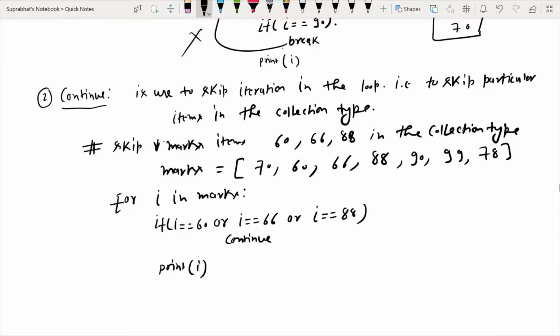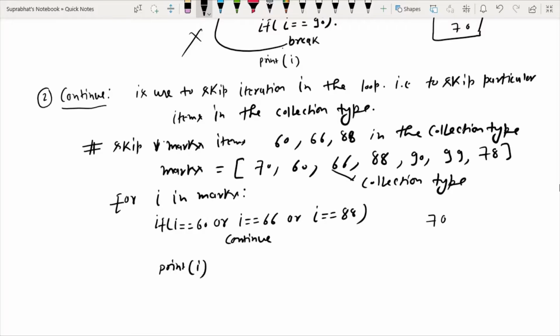This is a collection type, marks. When I am iterating or traversing the collection type in the for loop, the first item 70 comes into i. It will check this condition; 70 does not fit this condition, so it simply prints 70.